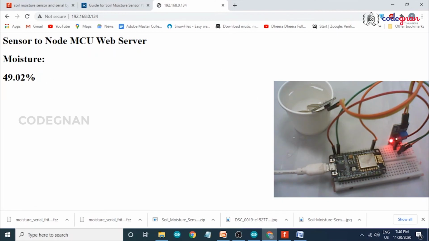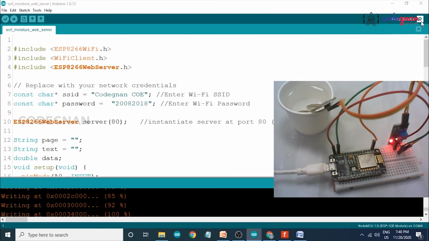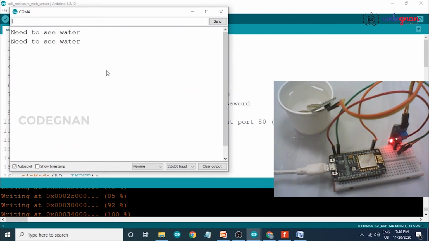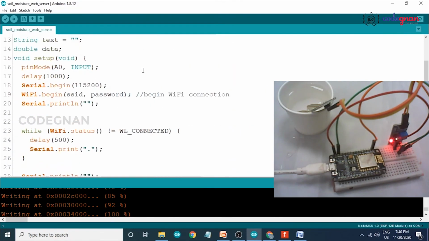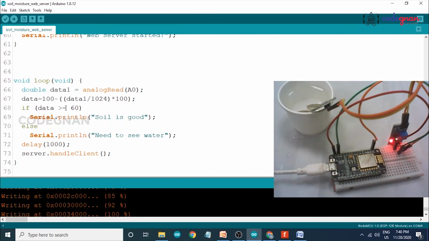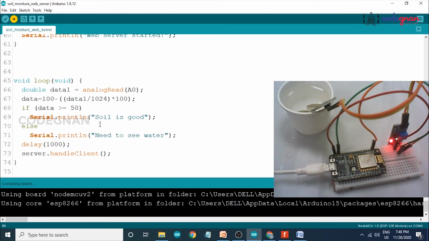You can also observe it in our Arduino serial monitor. It says it needs water because I am giving the condition greater than 60. If I write 50 and re-upload it, it will show the message soil is good.